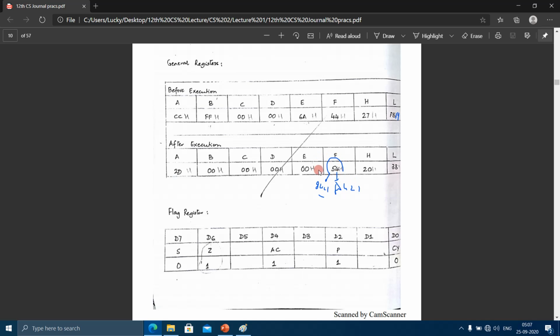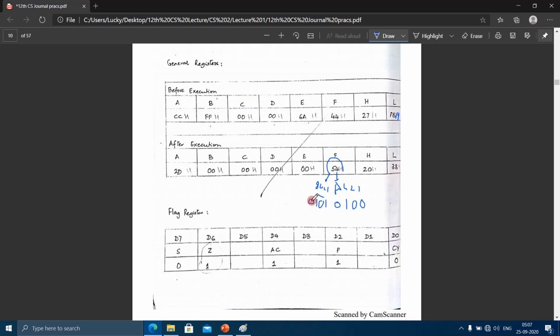So we will see that the contents of the flag register is 54. It will automatically be shown to us in the flag register. And if you want to get this value, how will we get it? We will convert this hexadecimal number into binary. Each digit in the form of 8421 and 8421. So what we are going to get here is 0, 1, 0, 1, 0, 1, 0, 0.